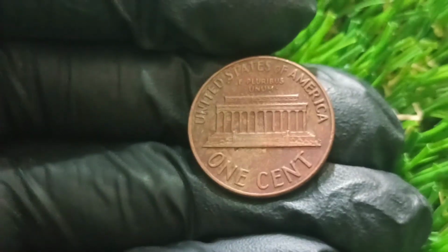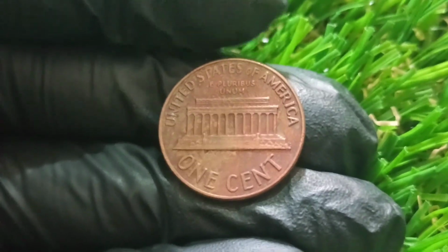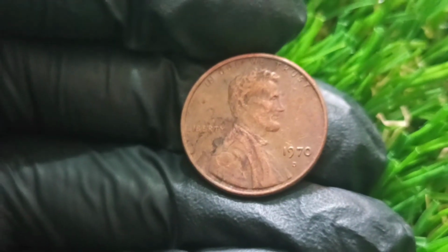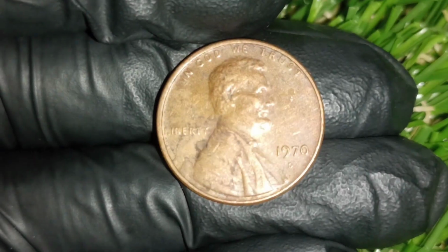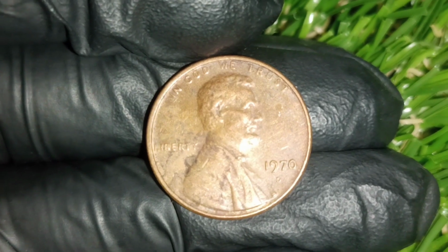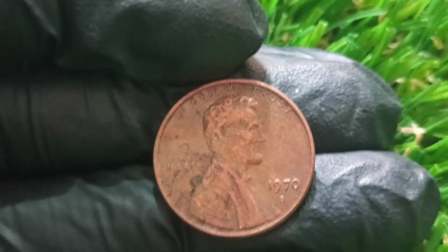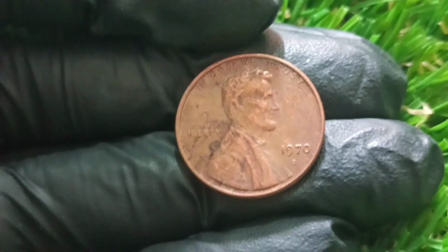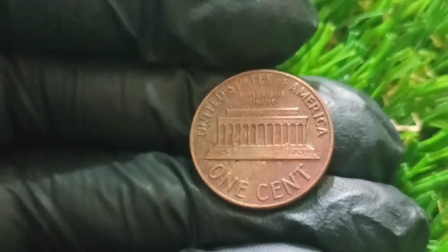And from the very beginning, it was clear that this wasn't an ordinary coin because the surface bore signs of extreme doubling, true hub doubling, on both the obverse and reverse, and not just minor doubling seen in many less valuable coins, but bold, eye-catching, dramatic doubling where every letter of Liberty and In God We Trust showed clear separation, almost as if two separate strikes had occurred slightly out of alignment, creating a shadow effect that leapt off the